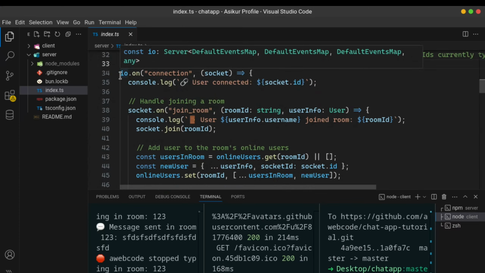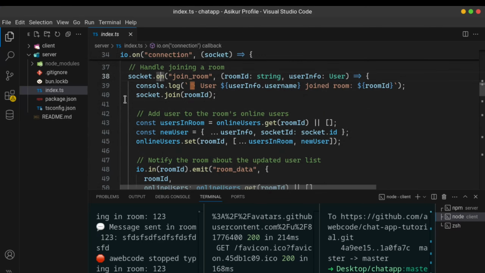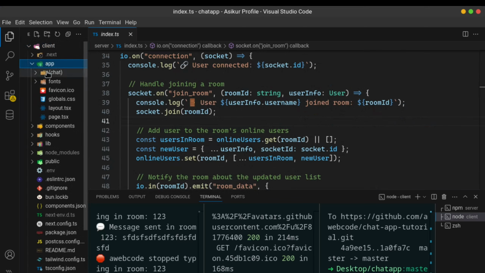So here we have the connection and joining room. When joining a room, we are accepting this data, and this data we are sending from our